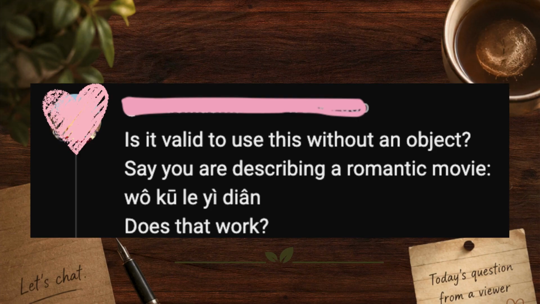Today's question comes from one of you. It is about the daily Mandarin episode, 一点, which means a little. The viewer asked, is it valid to use this word without an object? Say you are describing a romantic movie. 我哭了一点. Does that work? Yes, 一点 can definitely be used without an object when the meaning is clear from the